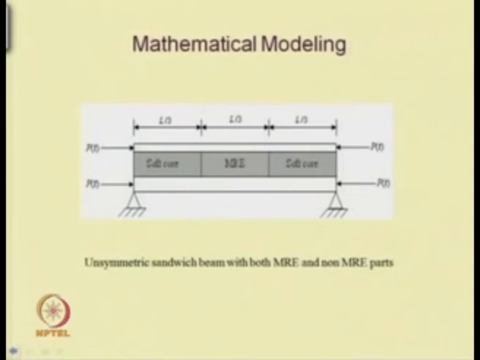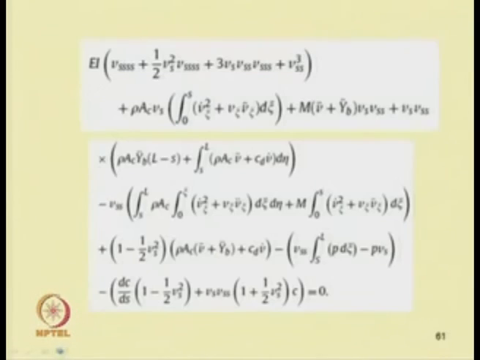Where you can derive the equation of motion for a sandwich beam. In the sandwich beam, this is the core element, both are skin and this is the core. In this core one can use viscoelastic or elastic material. Also one can use magnetorheological elastomer. So, by taking different properties and taking this force, one can derive the equation of motion. So, one can take this as one exercise problem, and some other exercise problems also you can take to derive the equation of motion. Already we have seen this example.